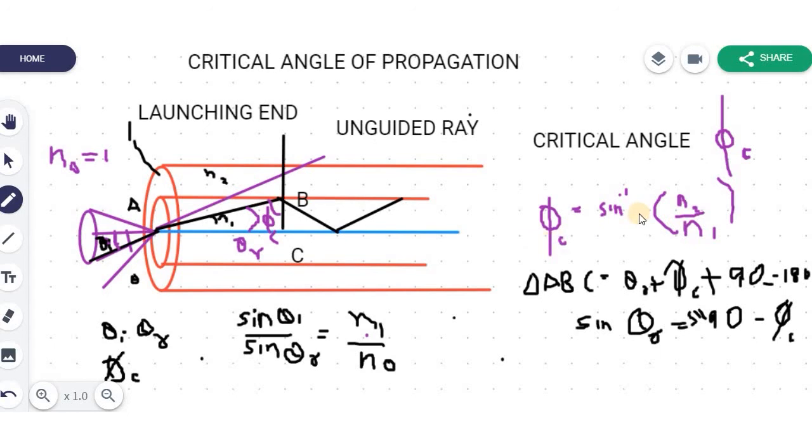Sin square phi plus cos square phi is 1. So cos square phi is what? I can substitute for sin phi. Sin square phi is n2 square by n1 square. So it will be 1 minus n2 square by n1 square. Or I can write cos phi c as